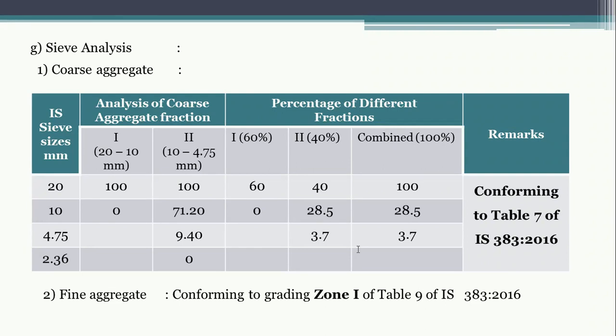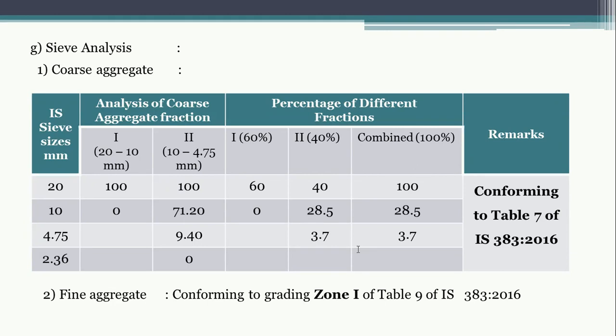So 20 to 10 mm, that means passing through 20 and retained on 10. All the materials have been passed by 20 mm, and in retain is 0. Similarly, 10 to 4.75, they have done two types of grading. One is 20 to 10 and 10 to 4.75. They have taken two types of grading. So this table also will be given in the problem only, and most of the times it will be conforming